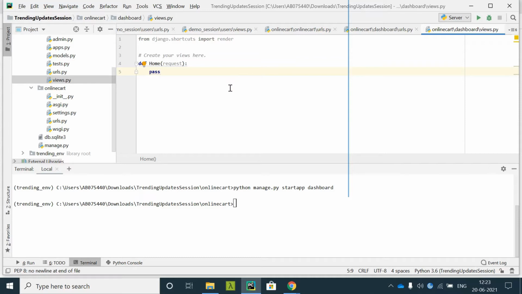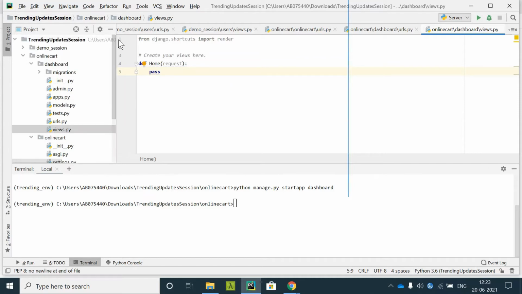Now previously I had discussed that our templates folder should be in the dashboard, like in the app folder there should be a templates folder, and then create one more folder and place your HTML file over there. But doing this will cause more trouble, as every app will have a separate templates folder.